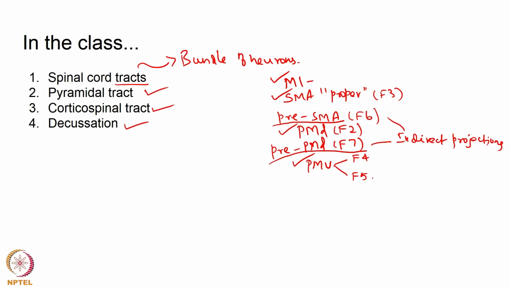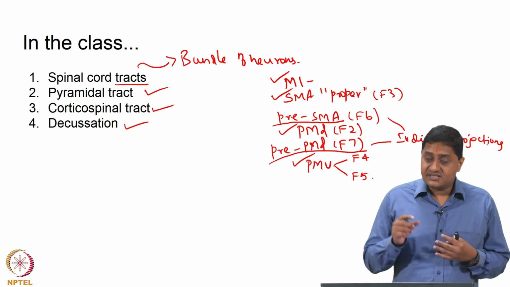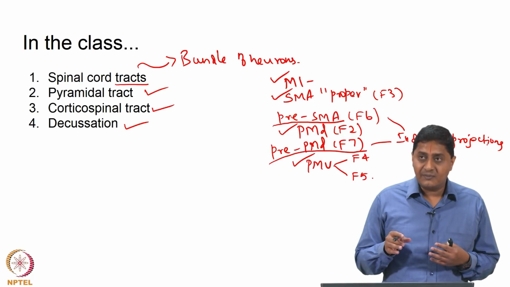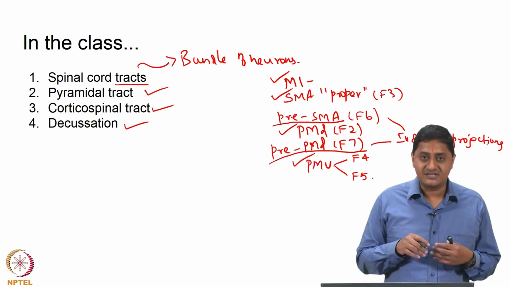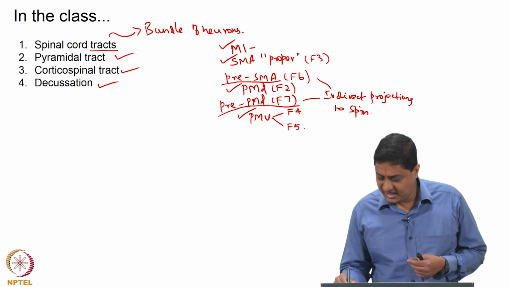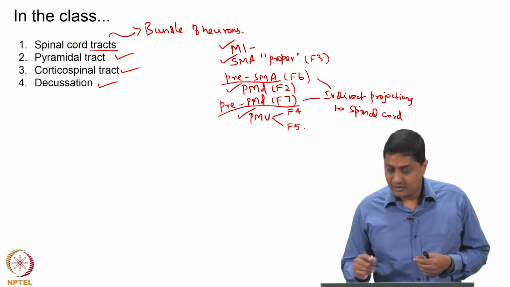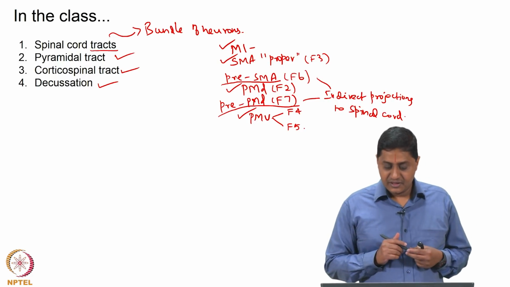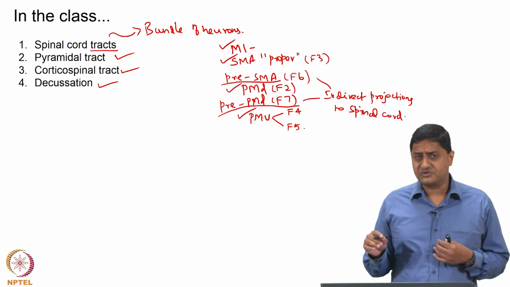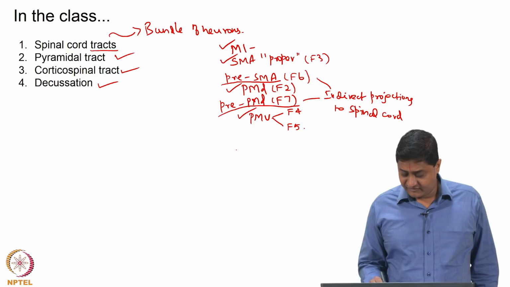We said that these are areas that bring context specific responses, whereas if an area is directly projecting to the spinal cord, that can be approximately considered to be the last decision that is already made. So, the pre-supplementary area and the pre-dorsal premotor cortex project indirectly, not directly. Also, the notion that the primary motor cortex is the only region that projects to the spinal cord and to the brainstem, which in the good old days used to be called the final common path,